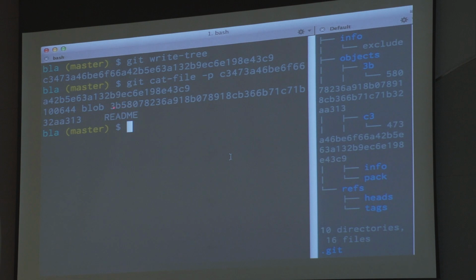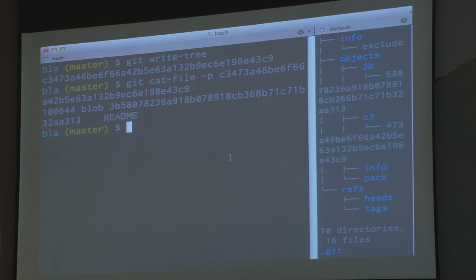What is this SHA? Where did we see 3b580 before this? It's the SHA of the blob that was created. So earlier, we had the blob, which had the contents hello Columbus. That was stored in a file called readme.